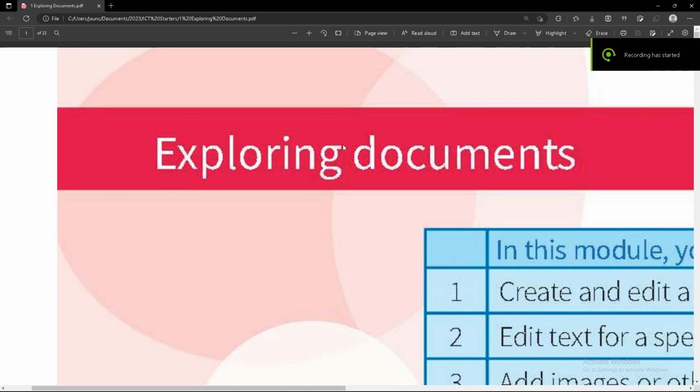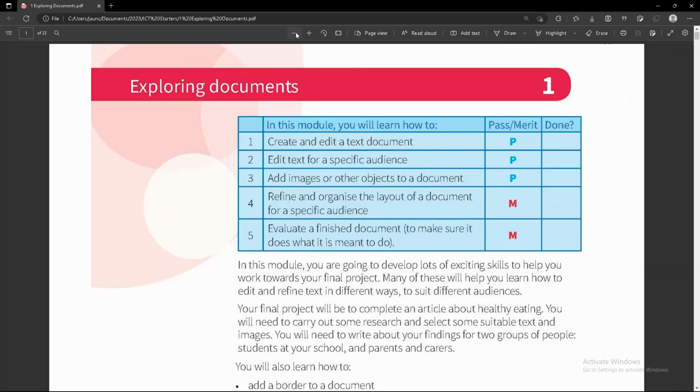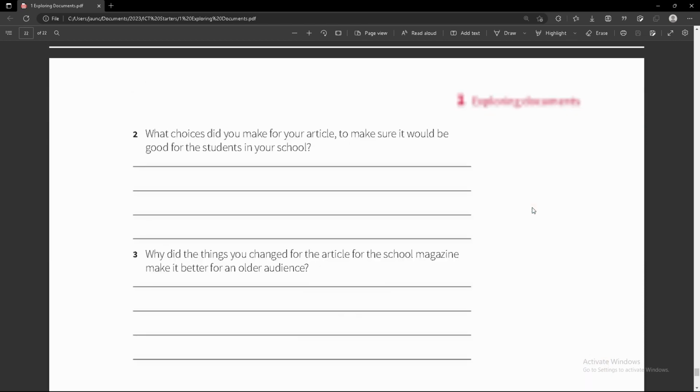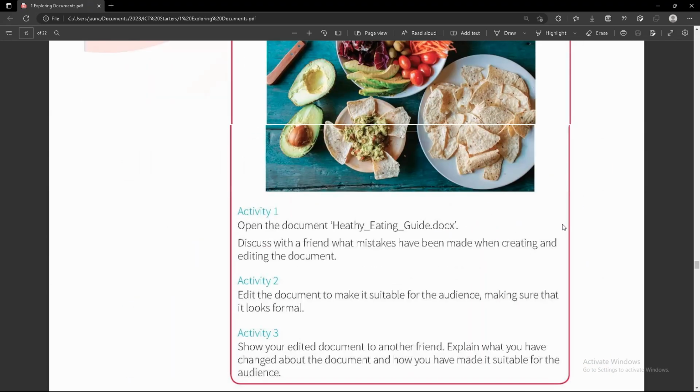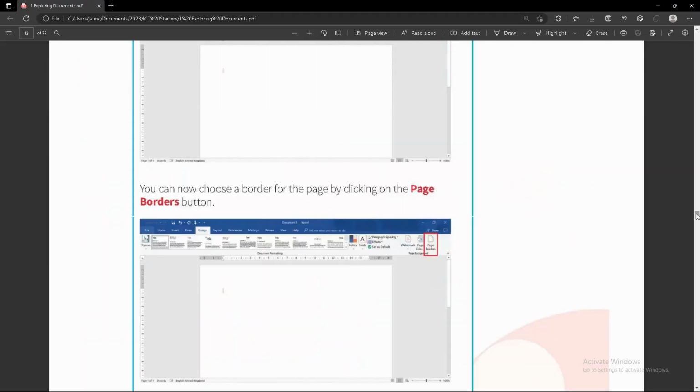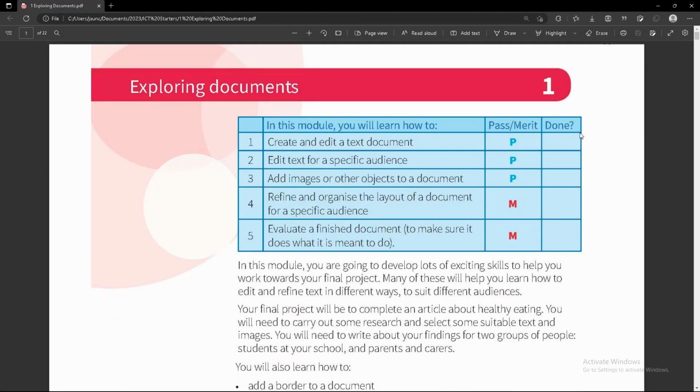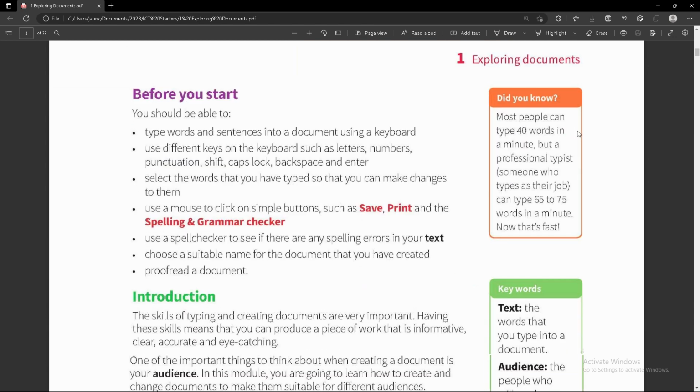So I would like you guys to download this first chapter called Exploring Documents. It has 22 pages and I scanned all of them in for you to use. And we are just going to work through all of the skills, mostly doing practicals, and you won't have to